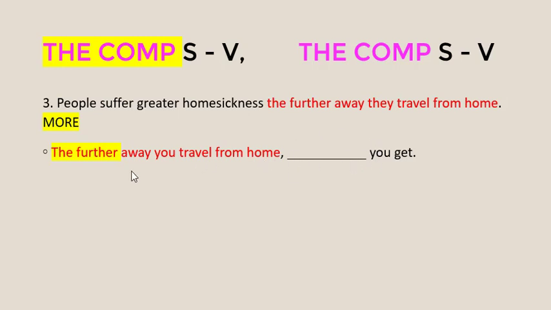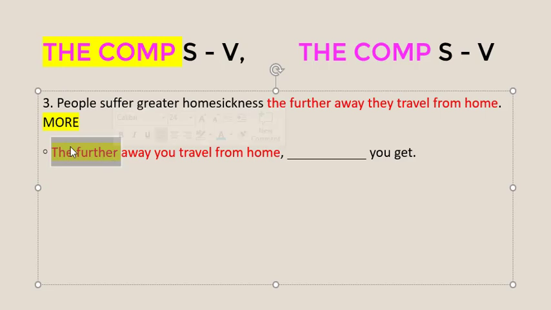Okay, look at the clue. The clue has been given to you. The further away you travel. The further is the comparative. Based on this clue, we have to use this pattern. The comparative, subject, verb. The comparative, subject, verb. The further is the comparative. You is the subject. Travel is the verb. Let's continue with